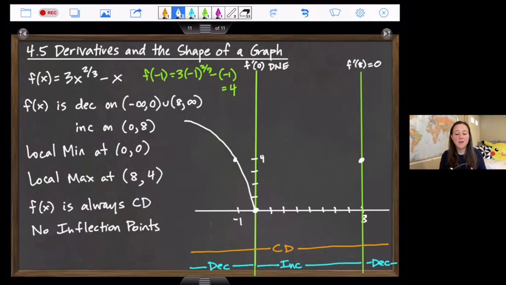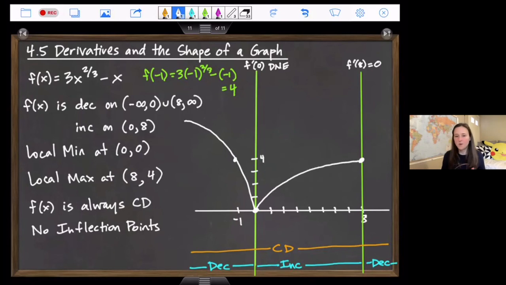So I know that I'm going to have to start increasing. That's my local minimum. Remember, though, that f prime of 0 did not exist. So we said we were going to either have to have a cusp there or a vertical tangent. So I'm thinking if I have to start increasing now, that the cusp seems a bit more likely. So I'm going to draw this with a cusp at x equals 0, and I'm going to start increasing, but I have to increase in a concave down kind of way. So I'm going to increase in a concave down kind of way